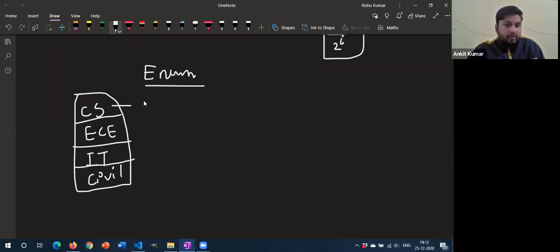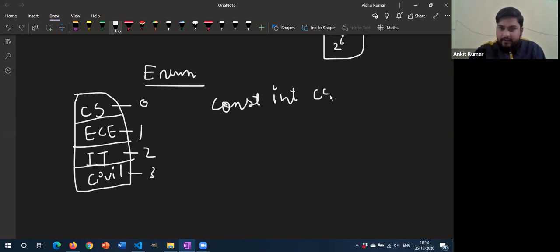So what we do is there are two methods we can give the codes to these. Let us say I want to give them code 0, this one 1, this one 2, and this one 3, and I want to use these codes again and again. So how can I do that? There are two methods. First method is you can write const, then int, whatever data type you want to give, const int and the variable which is cs, and you can give it the code 1 or let's say 0, whatever code that you want to give. But doing this for n number of departments or n number of variables will be very hectic.